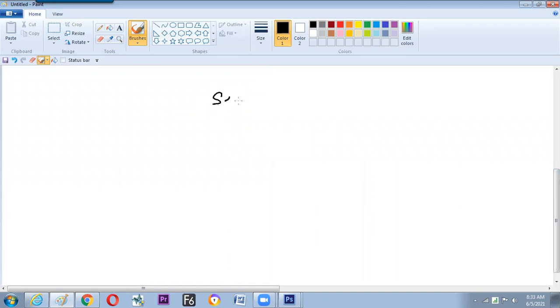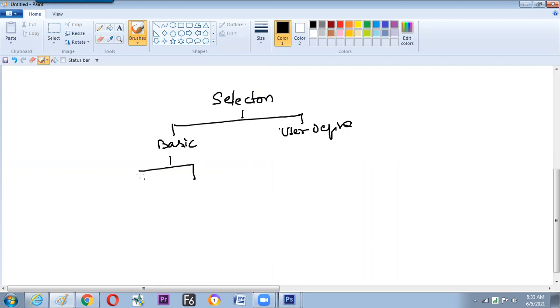So we can break down the selection tools into two parts: basic shapes and user defined shapes. User defined shapes are technically called custom shapes. Now basic shapes have two major tools: rectangle and ellipse.